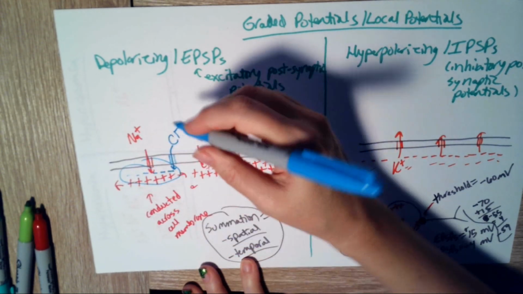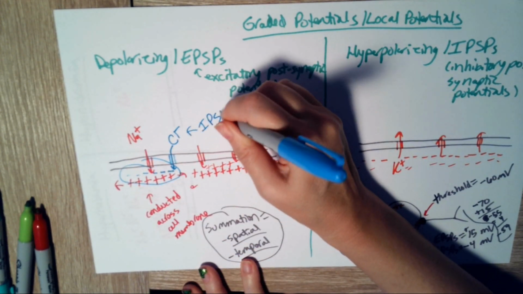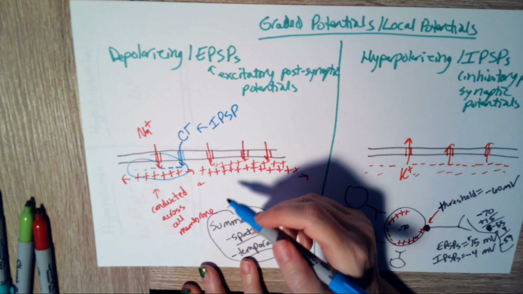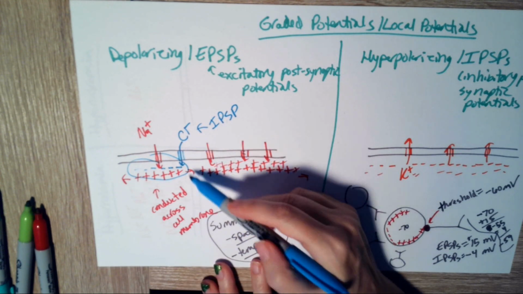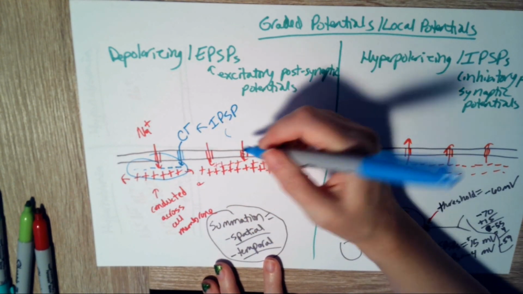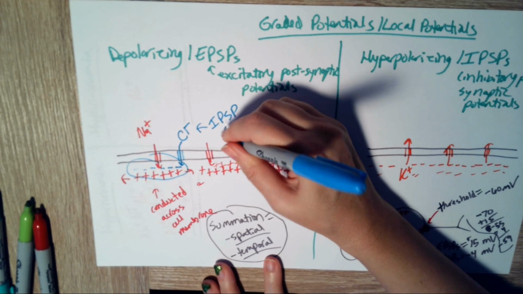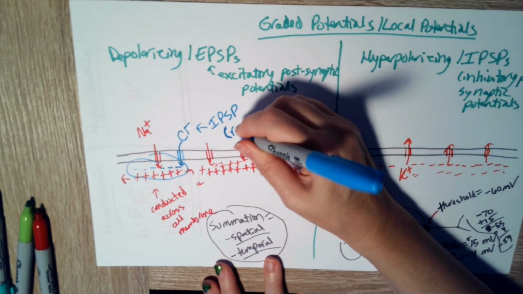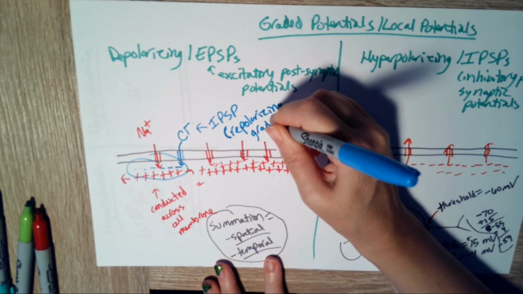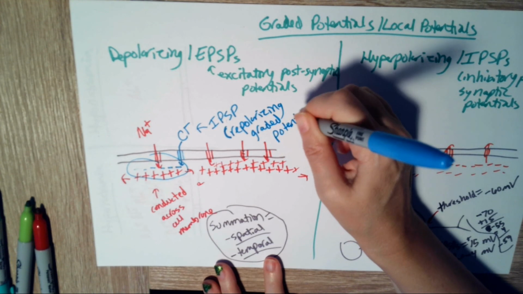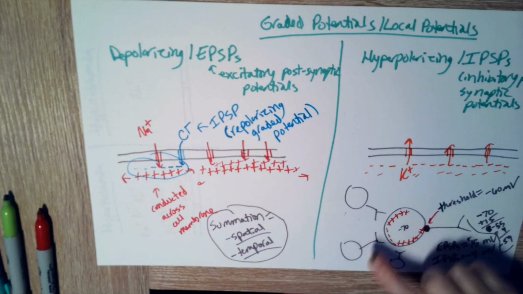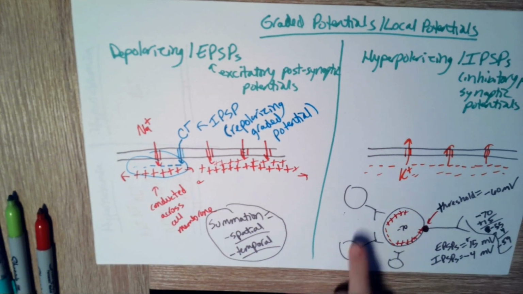So this is another form of an IPSP because it's inhibiting the stimulus of the positive graded potential here, this depolarizing graded potential. It's canceling it out. For every chlorine you bring in, you cancel out a sodium, which is trying to stimulate the cell. But you're not going to get it any more negative than negative 70. So you can't hyperpolarize here, but you can have a repolarizing graded potential. Okay. So all of these things will be coming into play on any given neuron. Some things are going to be opening sodium